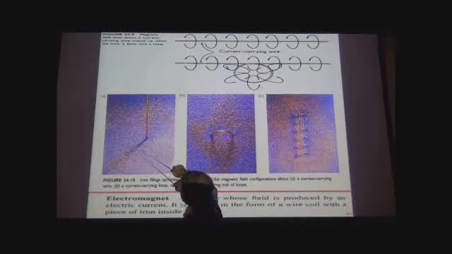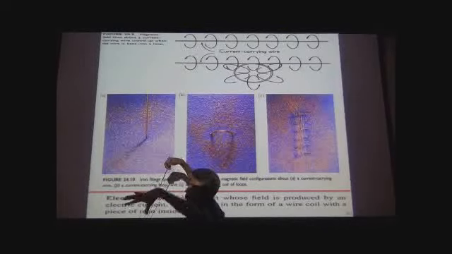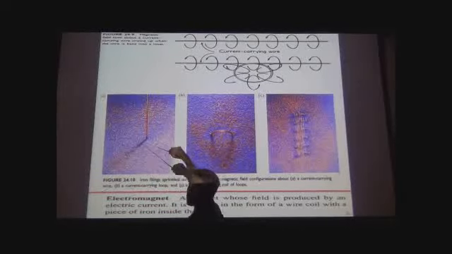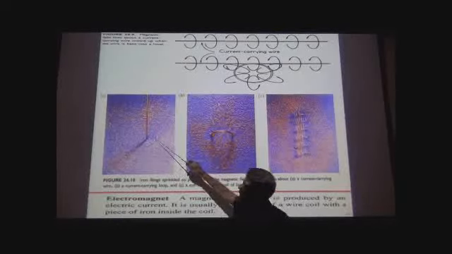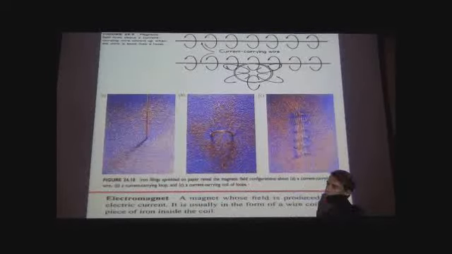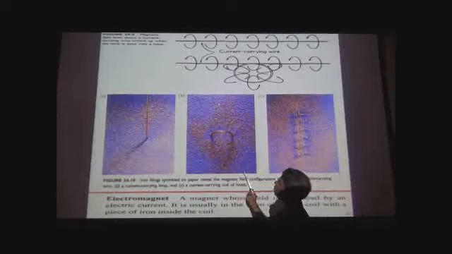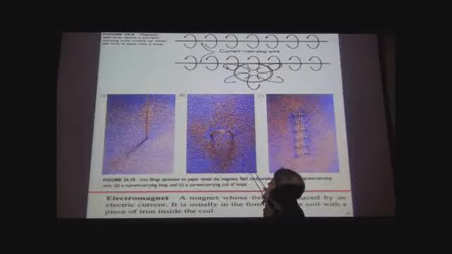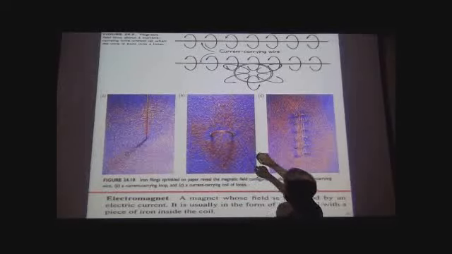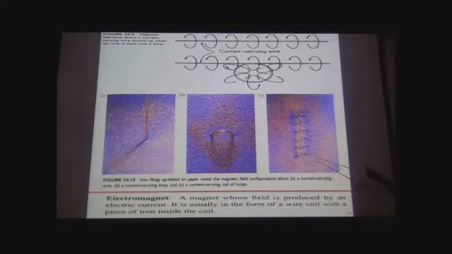Here is a piece of paper with a wire going down through the paper. Send a current through this, now sprinkle iron filings, and the iron filings arrange themselves in circles that represent the field lines, for a current traveling in this direction. Now you take this wire and make a loop like this, send current up into this wire and down, and now you sprinkle the iron filings, and you get rings like this and concentrated field lines. Now if you take these wire loops and make them into a spiral,